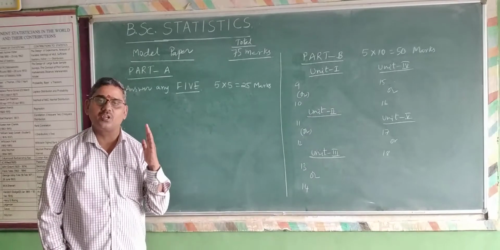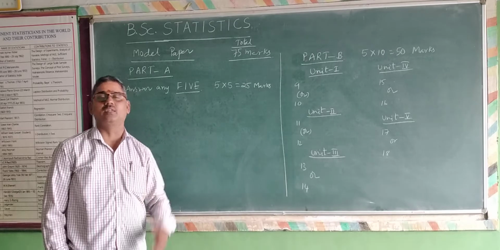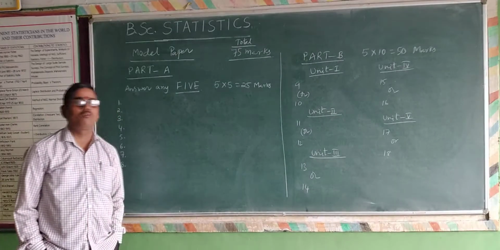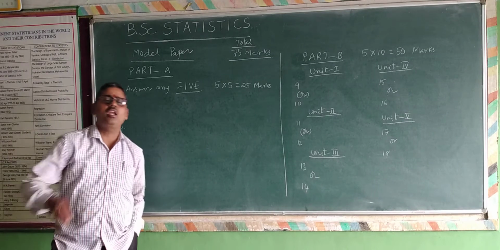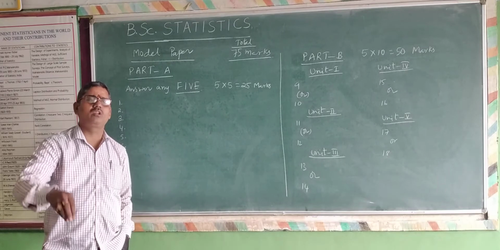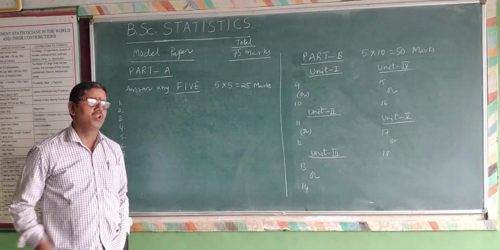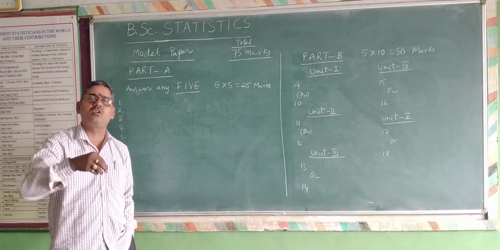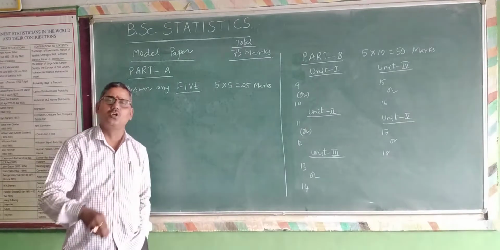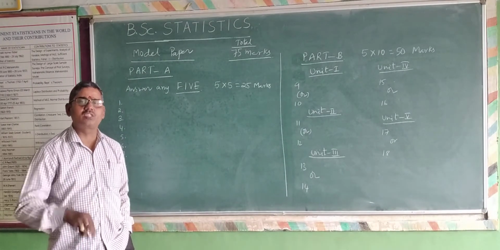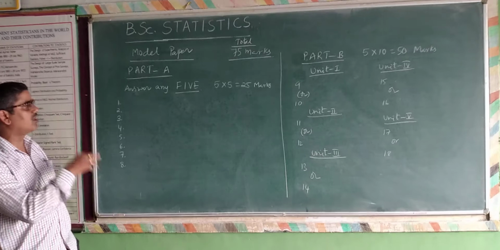If you prepare 4 selected units, and for the 5th unit you read at least 1 or 2 very important questions, you will get some confidence that you can get more than 70 to 80% of the marks from the examination. So this is my humble suggestion: there are 2 particular parts.